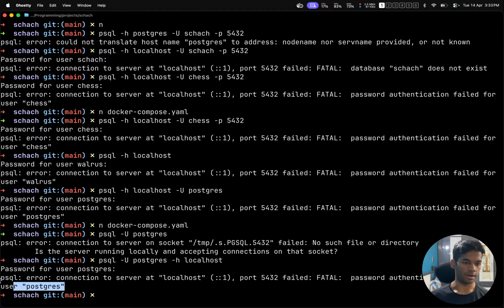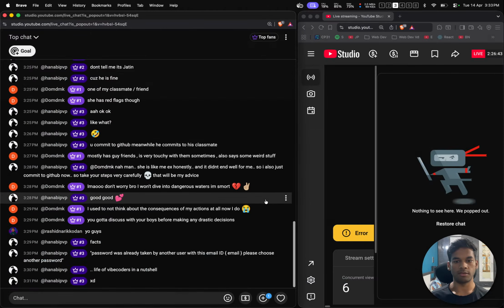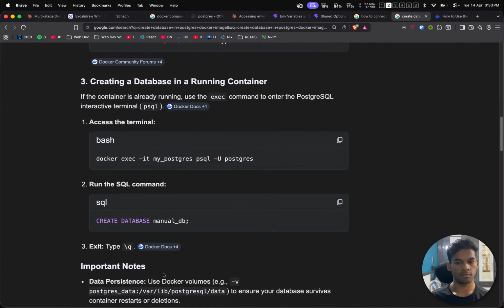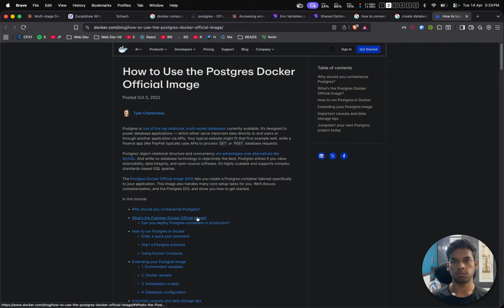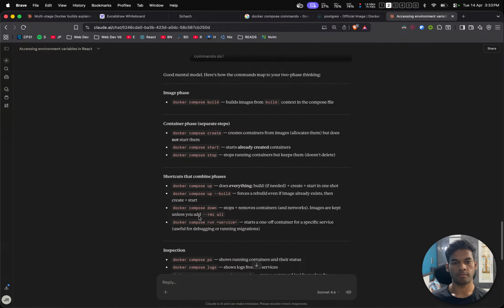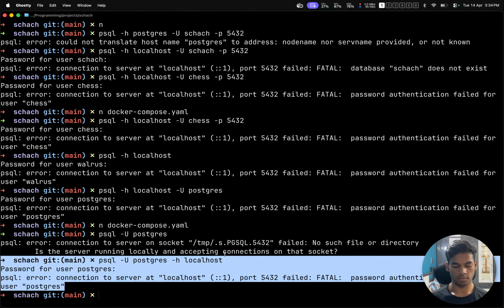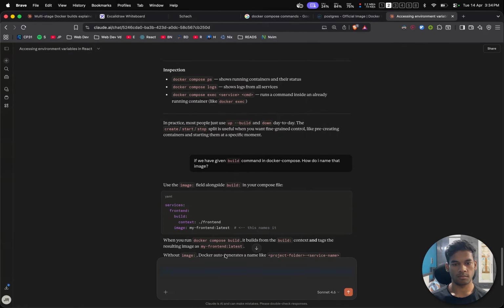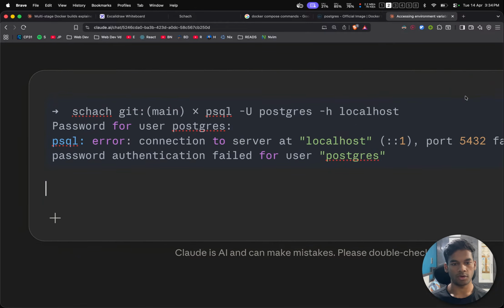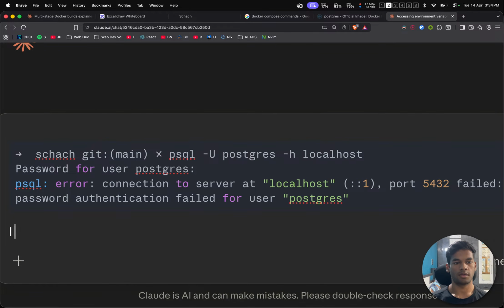Password authentication failed. Okay, let's take some help from Claude. Okay, this is what we are getting. I have a Docker container running